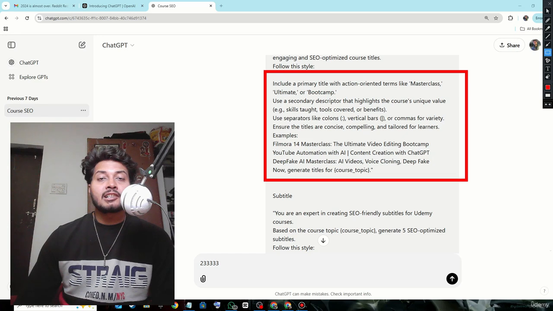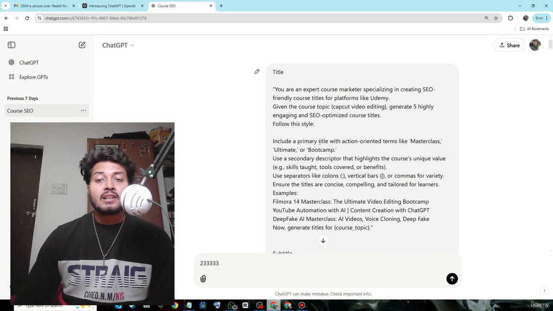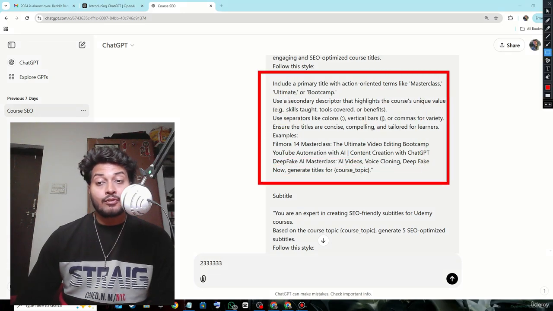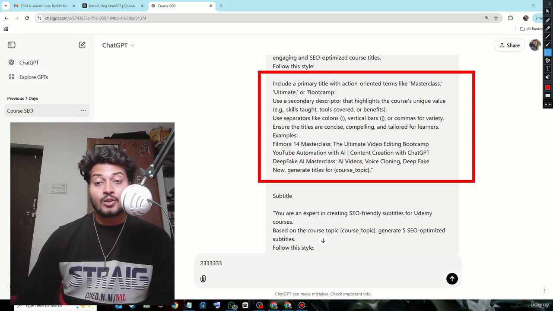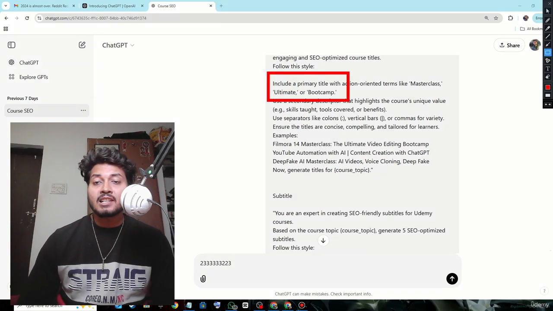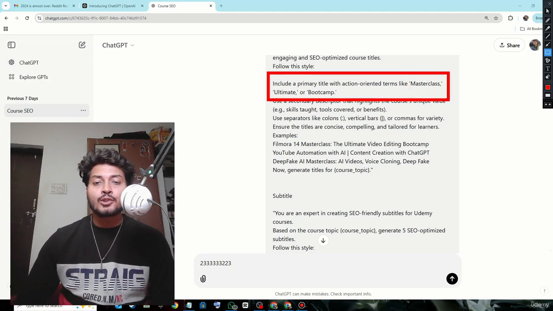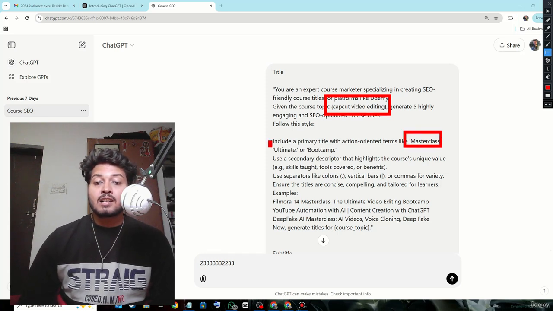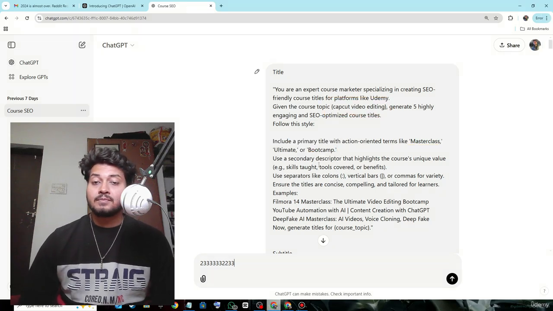I have restricted ChatGPT in such a manner that whenever it creates a title, ChatGPT needs to follow this prompt only. So let's read this. Include a primary title with action oriented terms like masterclass, ultimate or bootcamp, which means on the basis of this variable, these particular words will also vary. This is where logic comes in. Okay,